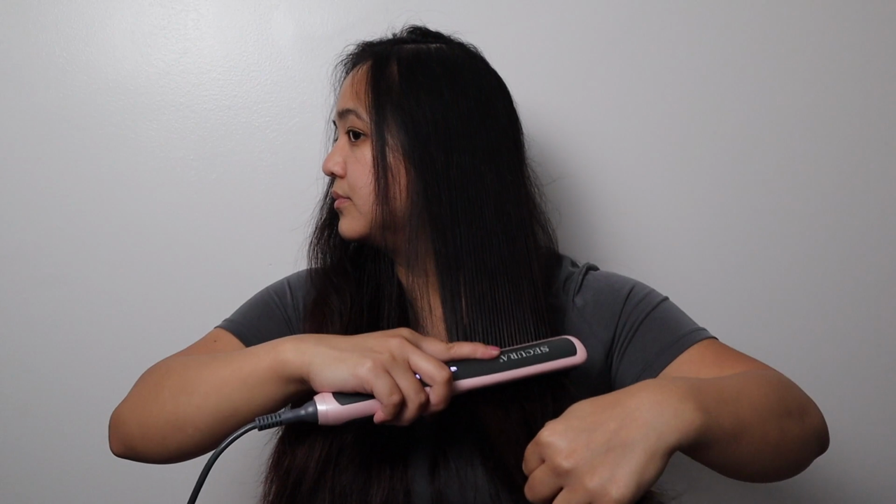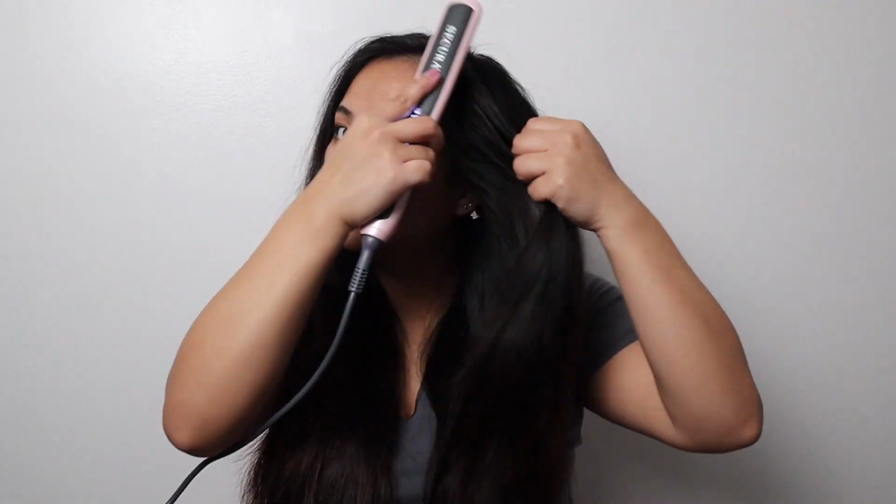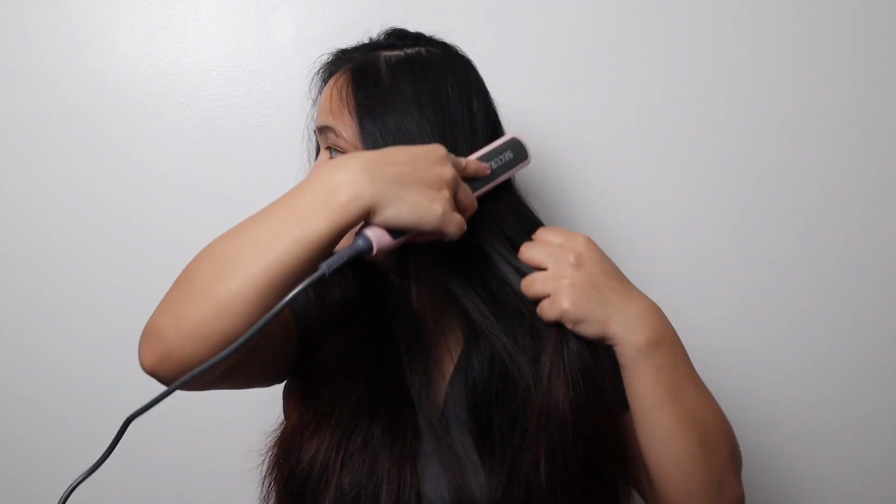The last product that we have in the box is a Restore Instant Protection Weightless Heat and UV Protection by Living Proof. It says here, a weightless spray that adds shine while protecting against heat and UV damages. Also on the product it says, Restore Instant Protection is a lightweight spray that shields hair from heat, cools up to 450 Fahrenheit and provides 24-hour UV protection. This non-drying spray keeps strands soft, smooth, and shiny. Generously mist damp or dry hair prior to heat styling for UV protection, shine, and to finish, spray evenly over